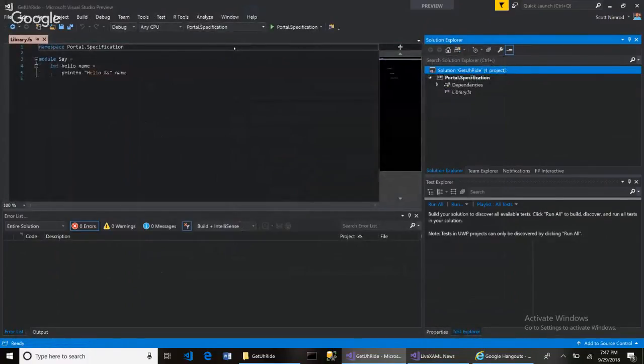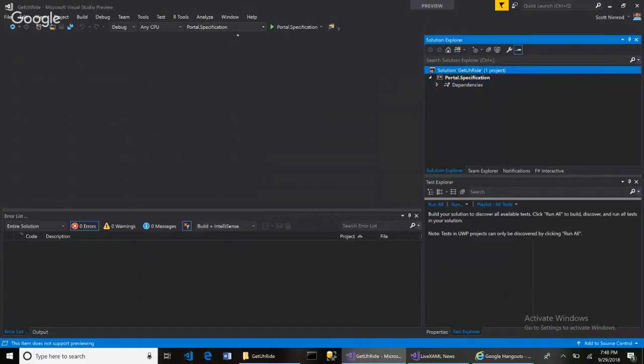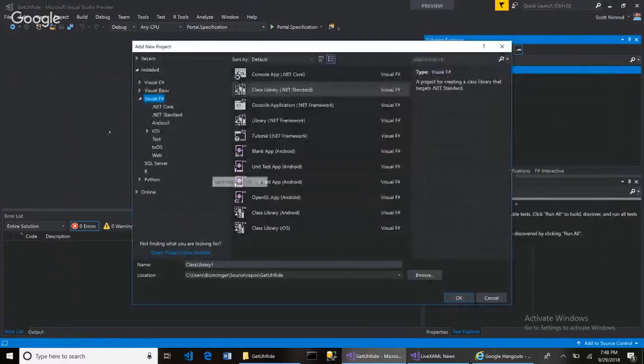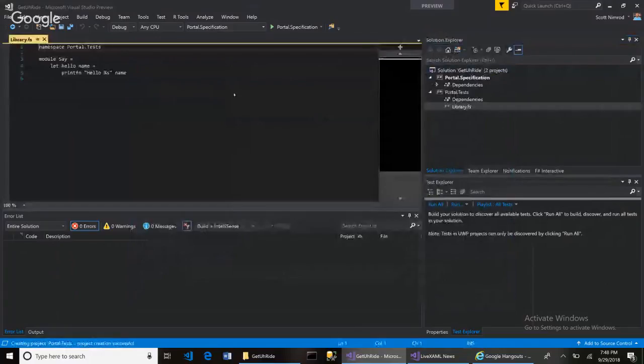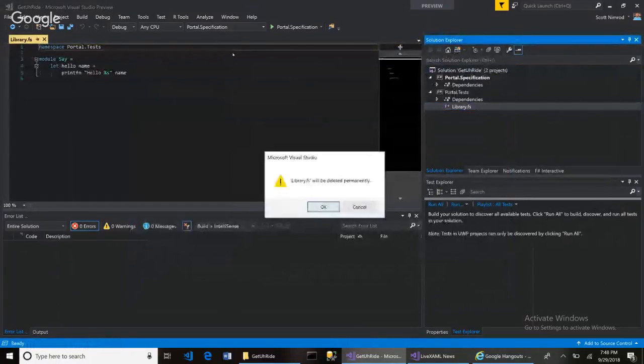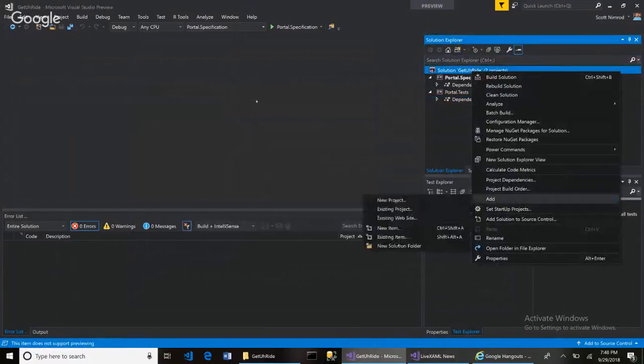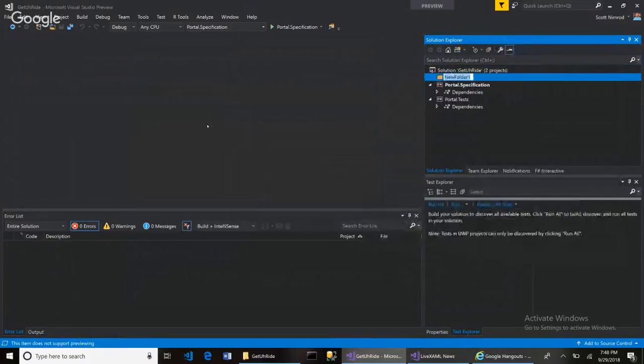We're going to delete this right now. There's going to be a portal.test, and this is the way I build systems now. I will delete this too for right now. So we'll create a folder and we'll throw these two projects, portal.specification and portal.test,